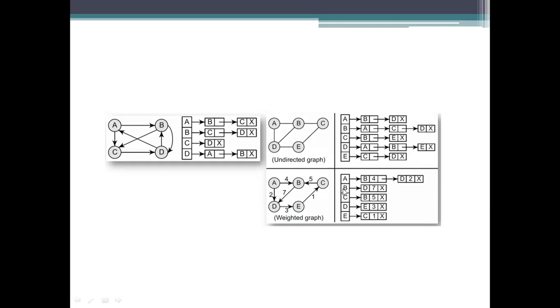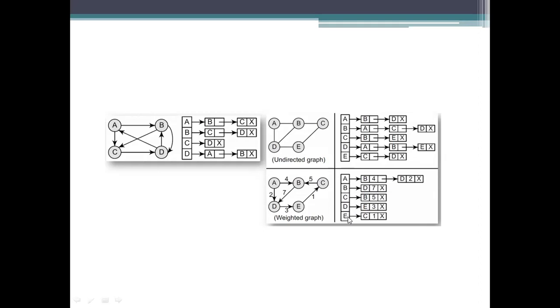And coming to B, we are having only one edge, which is to D. It is using the value 7, and C has only one edge, which is to B, and the value is 5. And coming to D, it uses an edge to reach E with the value 3.